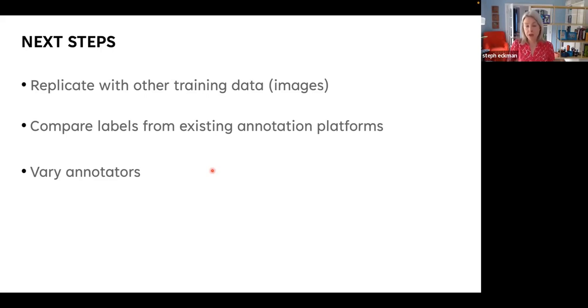And does that matter? I think there's a nice parallel here in the survey world to a probability sample versus a non-probability sample, right? If you carefully control who your annotators are and whether they're representative, you get better data than if you just let anybody volunteer and do your labeling. So that's something we hope to dig into as well.